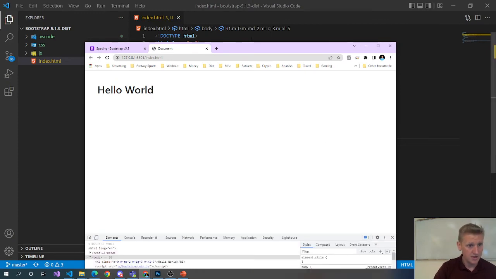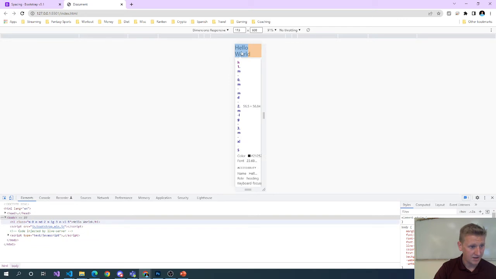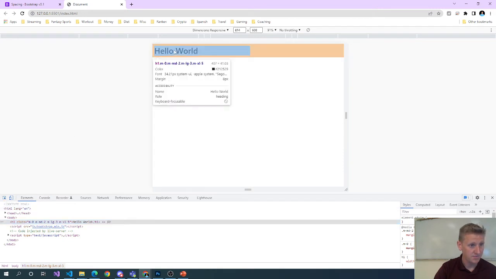So no margin. No margin here until we hit a medium. Now you can see a little bit of margin on our medium,